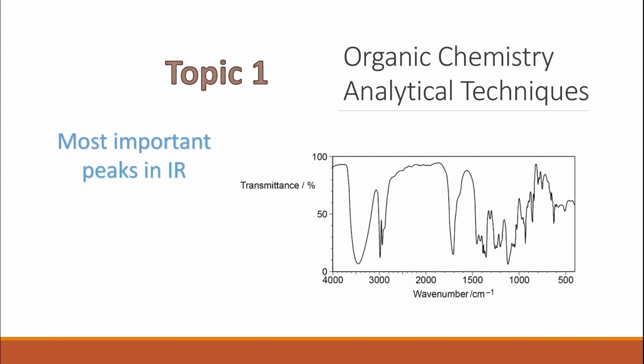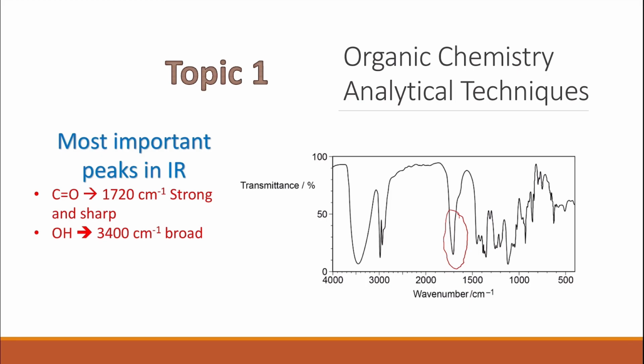Then moving on to the IR. So what are the most important peaks in the IR? The first one is the carbonyl peak, which we usually see as a strong and sharp peak around 1720 cm⁻¹. Also the OH peak, and we need to differentiate between the OH that comes from an alcohol and